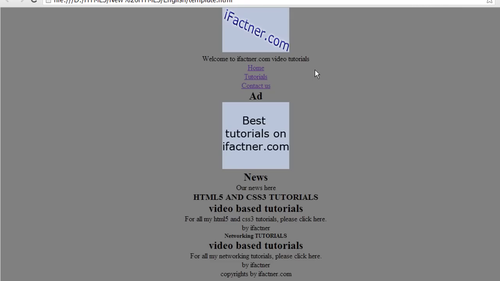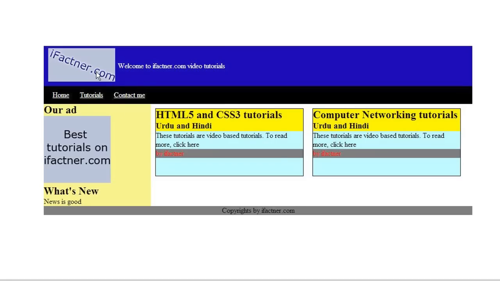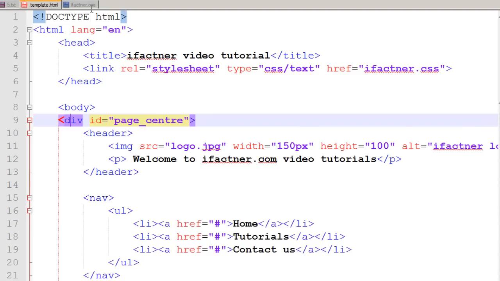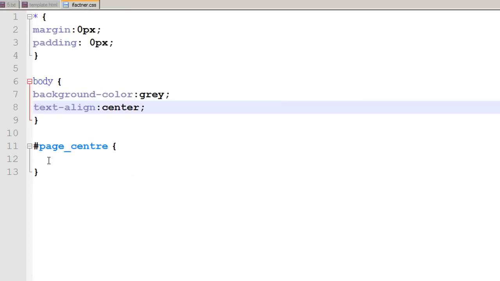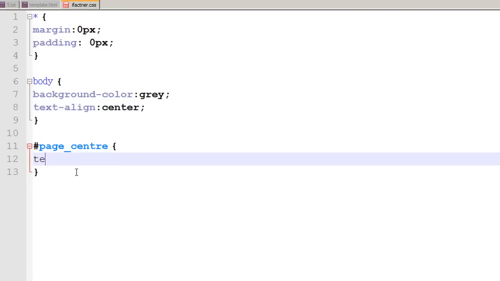But what else do we need to do? We need our content to be center aligned, but the real content should be left aligned. So I go to my ifactoner.css file, and under the page underscore center container I say that it should be text-align